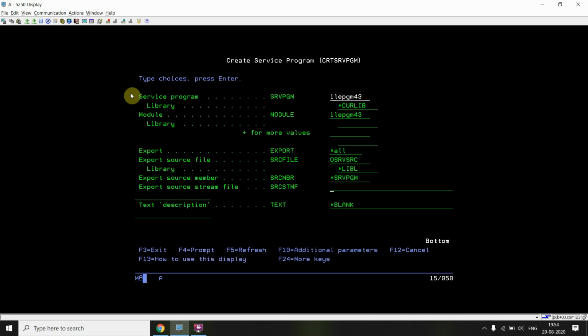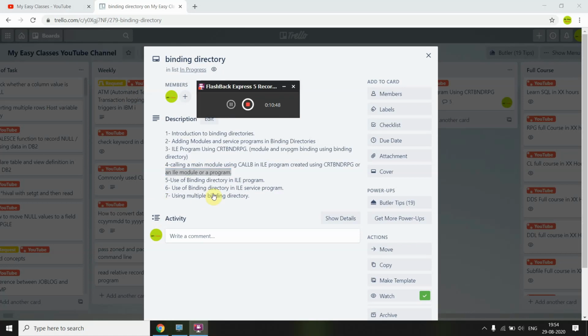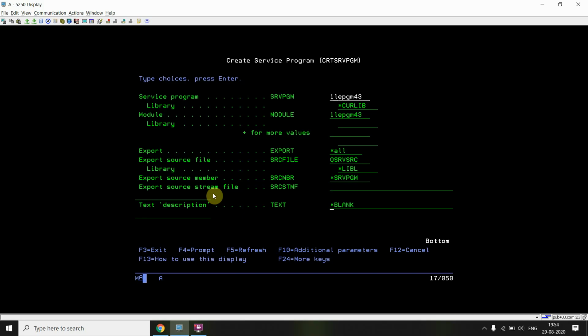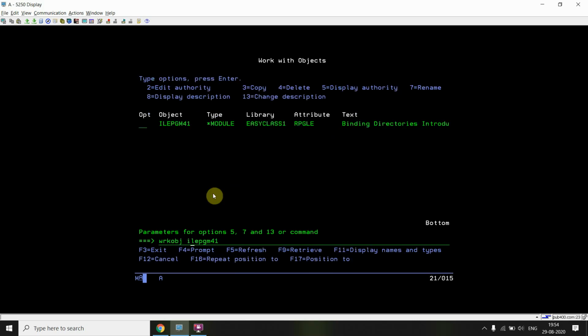Here you can see I'm using the binding directory in my service program, which is set as *ALL. Just press enter, and the service program is created successfully. ILEPGM41 has the module object, 42 has the module object, and 43 has the module and the service program object.